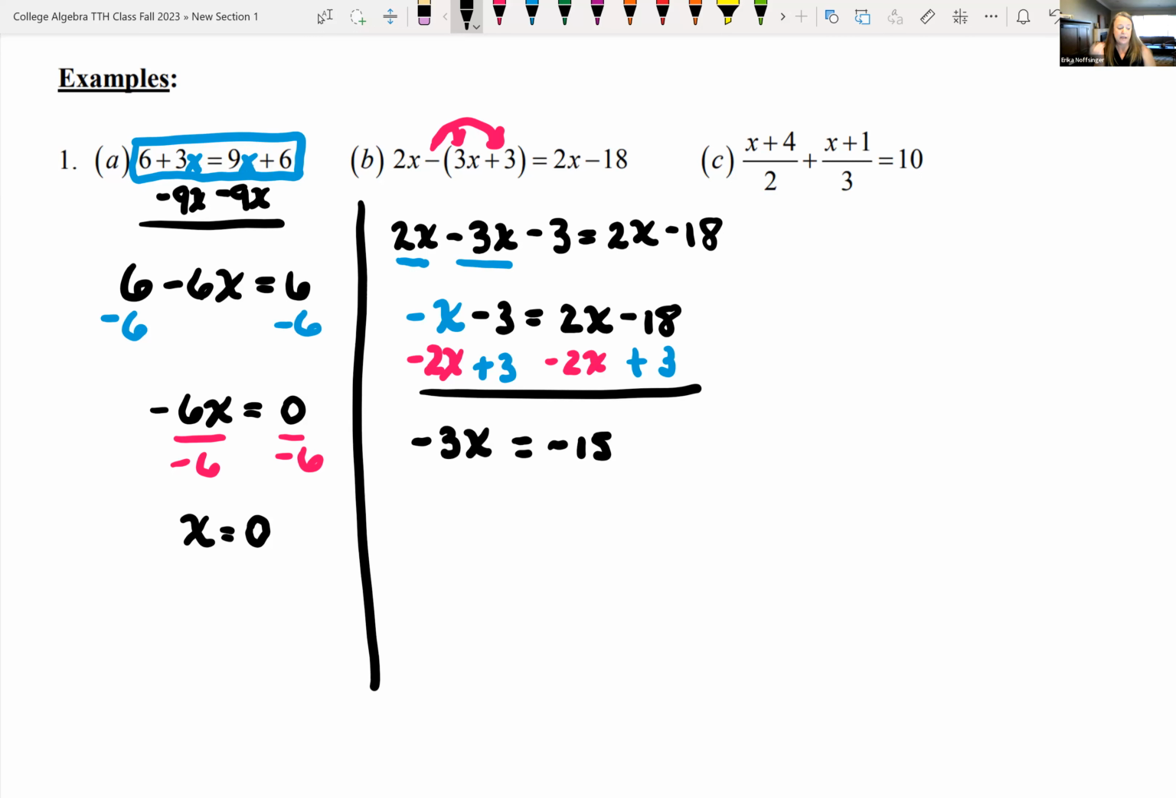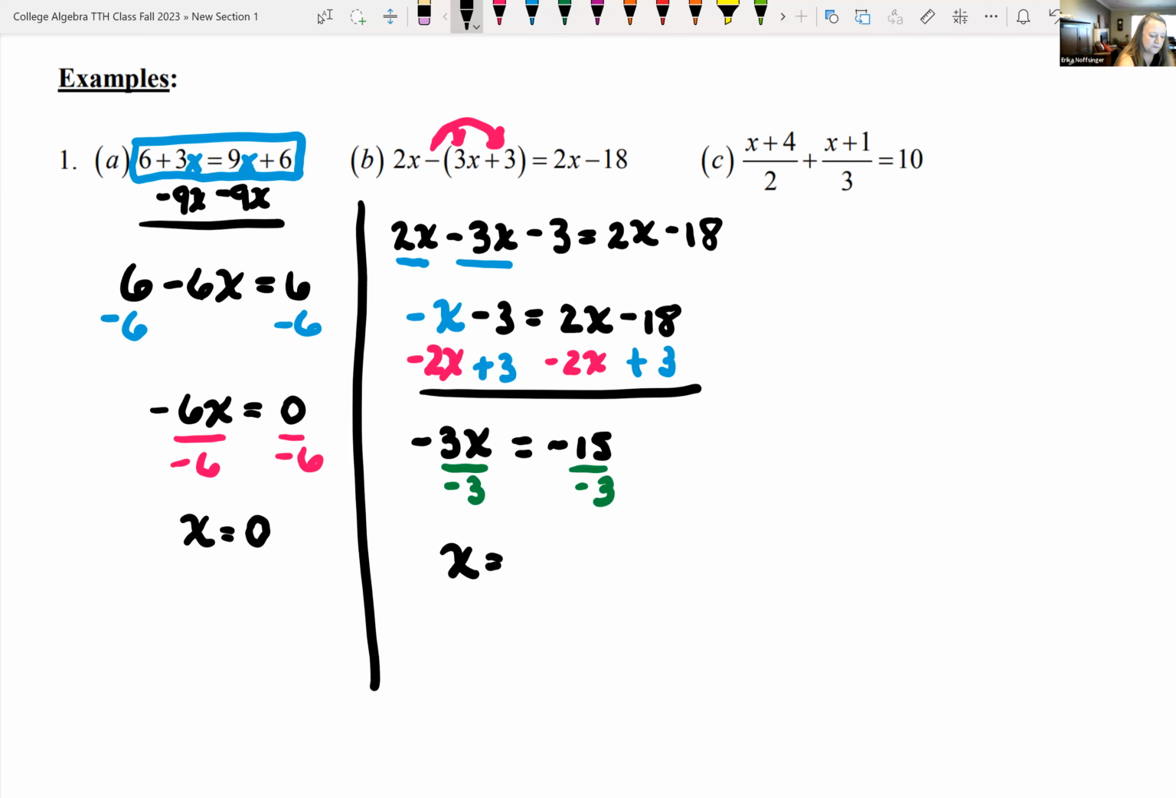And so negative 3x equals negative 15. We want to get that coefficient in front of the negative 3. We don't want that in front of our coefficient. So we can either think of it as dividing both sides by negative 3 or multiplying both sides by negative 1/3, the reciprocal. So if I divide both sides by negative 3,